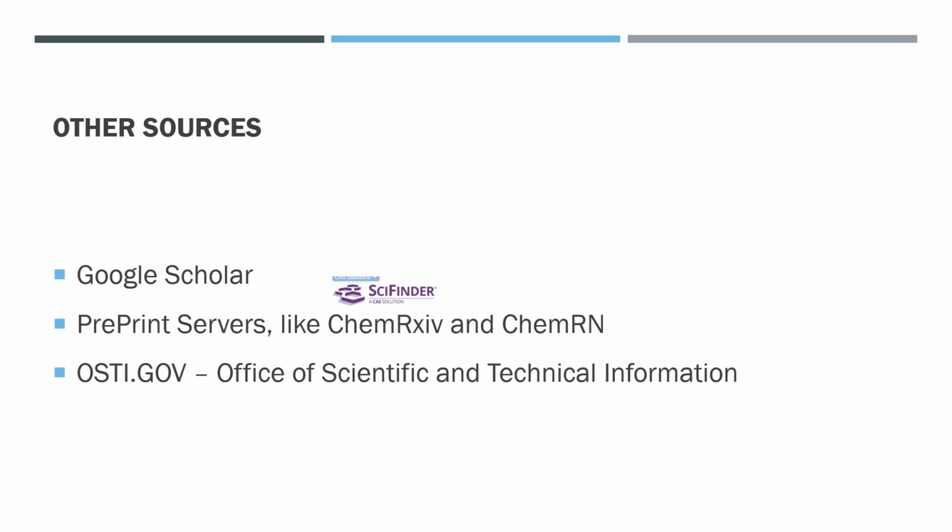You could also look at places like preprint servers. So as I said, preprints are the manuscript or pre-publication versions of articles published in journals. Two chemistry ones are ChemArchive and ChemRN. So that is a way of finding access to articles that are maybe behind a paywall, if you need it right now. If you don't need it right now, you can always get an article through interlibrary loan if you hit a paywall. We'll go over that in class and not in this video.